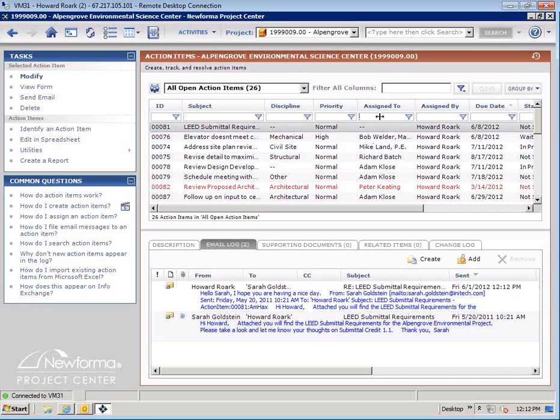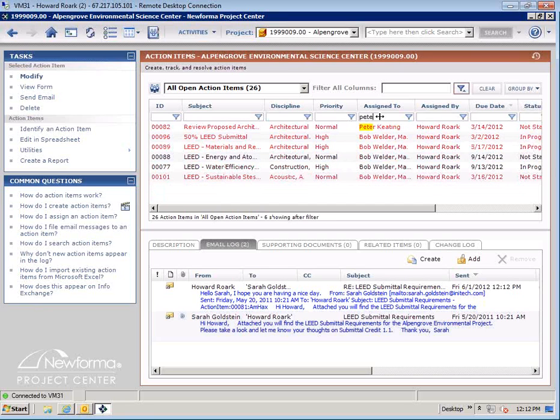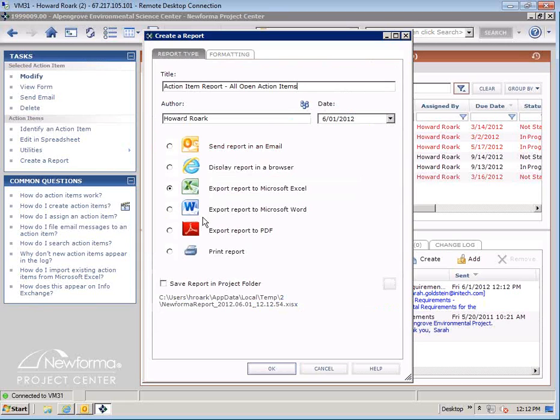So I showed you earlier how to find all the action items assigned to Peter, so I could do that. And maybe I want to email Peter, ask for a status update on these, because these red ones here are late, and I want to find out what's going on. So I filtered it down to just the ones assigned to Peter. Now I can go over here to create a report. If I click that, I can choose a format. I could pick Excel if I wanted to